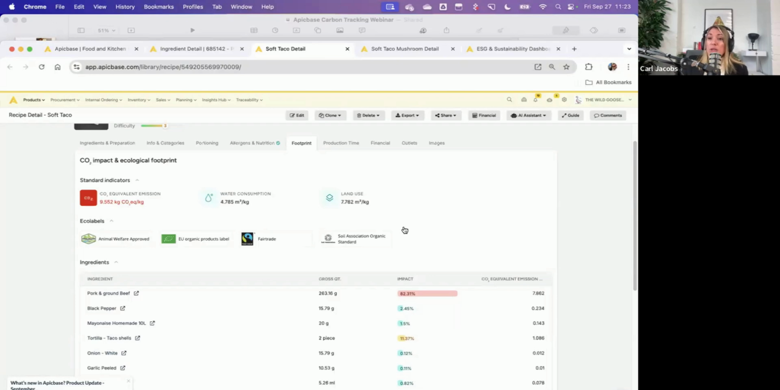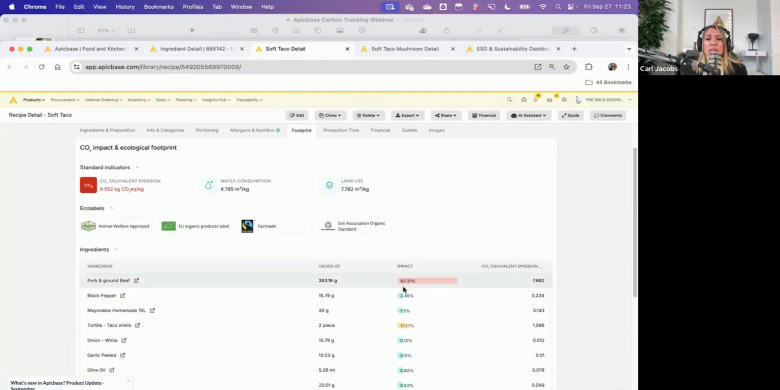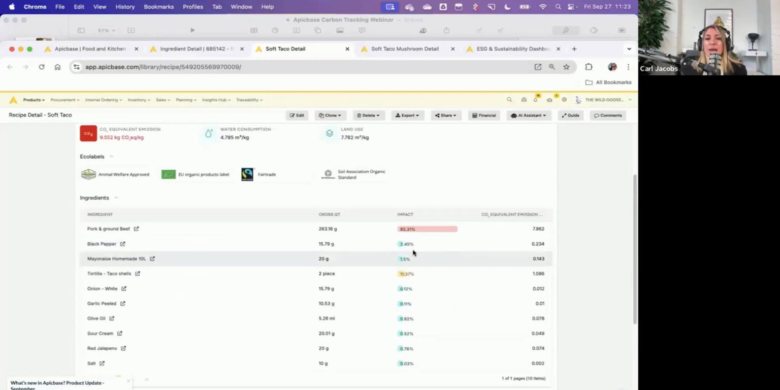We know you want to be able to also plan, take action, and reduce. Those are all part of this new constituency. So when we scroll down a little bit further, this is where the magic actually happens. You'll notice that Apicbase automatically calculates the weight of the impact based on the ingredient data that we were looking at earlier. So the weighted value of each ingredient based on its weight in the recipe itself will be calculated here. So we can easily see where to start taking action and start reducing the carbon equivalent emission in our